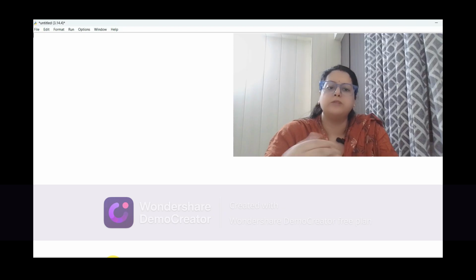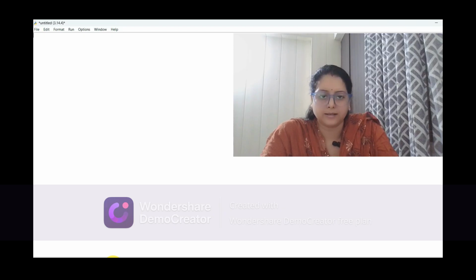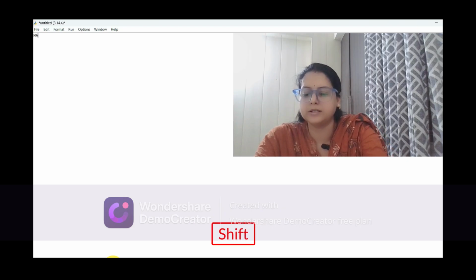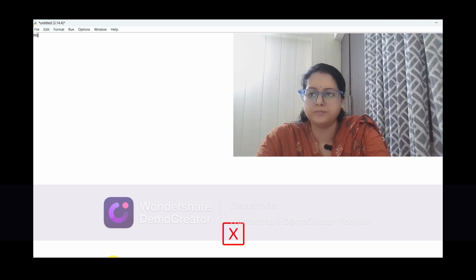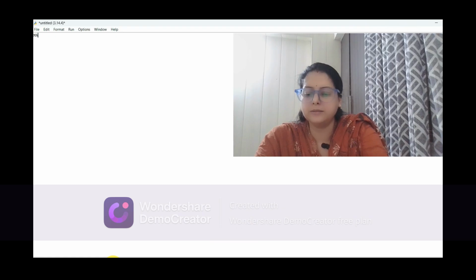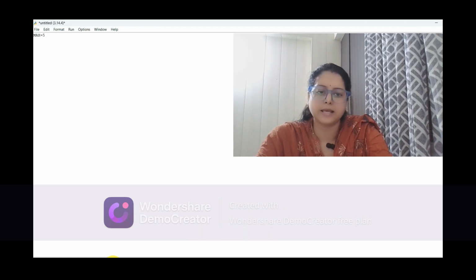First of all, we need to take the size of the array, so that we can keep it in a variable. First of all, I am creating a max variable over here. This is our max variable, and I am assigning 5 to it. It means whatever our upcoming stack will be, it will be of size 5. So this we have decided over here.